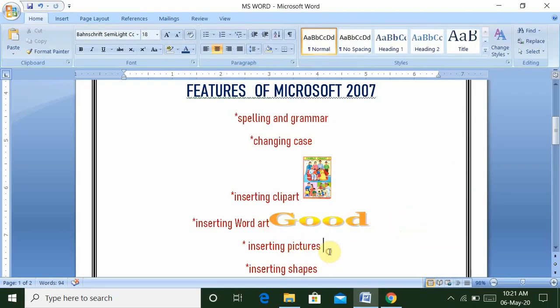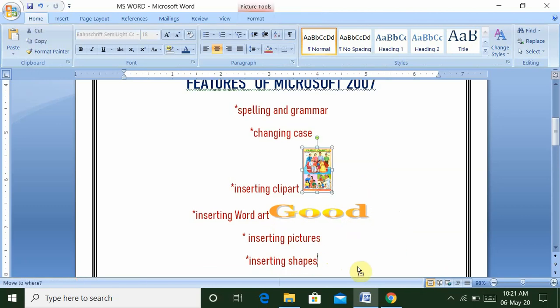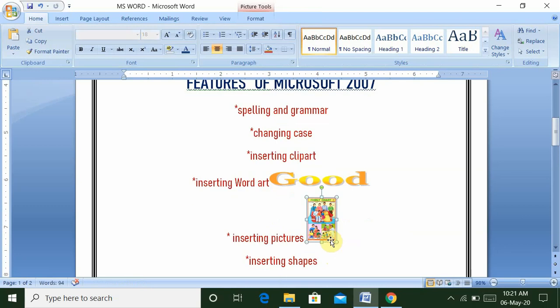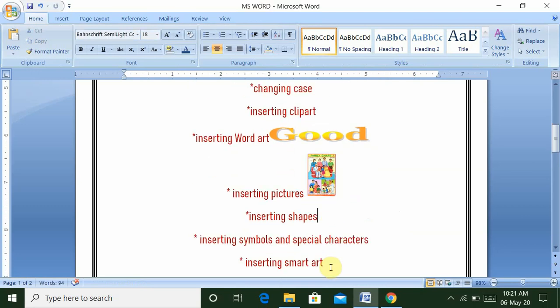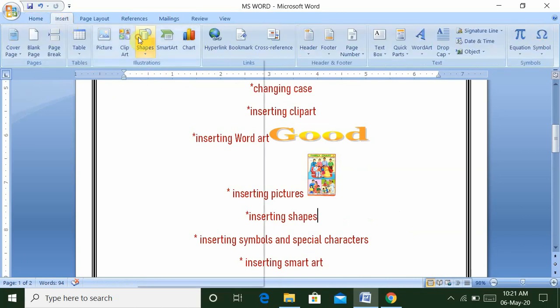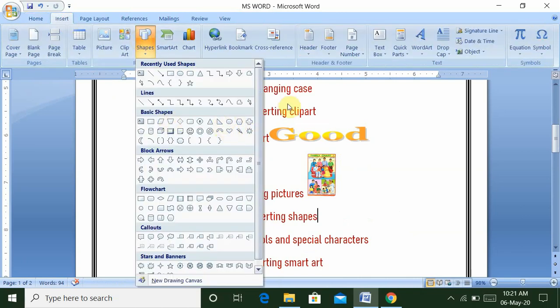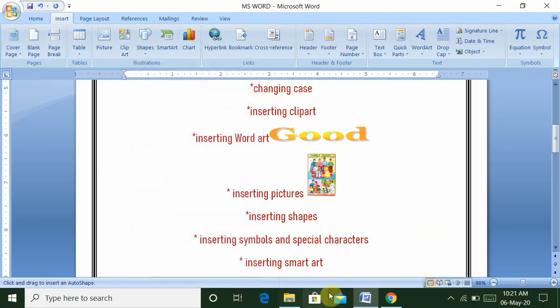Next is inserting pictures. As you look here, this is your inserting pictures option. And again, next option is inserting shapes. Go to the insert tab and take shapes. So many types of shapes are available in this environment. If you want to select a triangle, select a triangle and draw here.